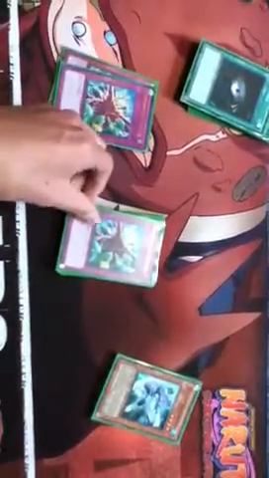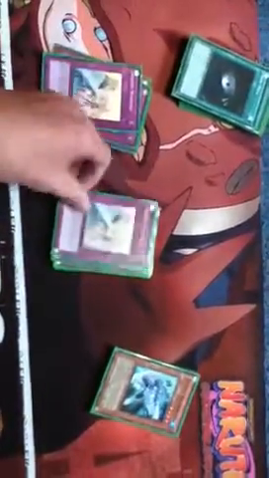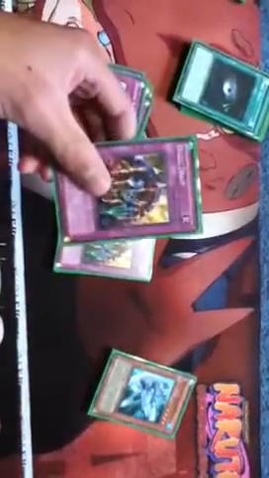Now for traps, there's a lot of traps in this run. We got 1 Solemn Judgment, 1 Starlight Road, 2 Dimensional Prisons, 2 Solemn Warnings, 2 Skill Drain, hence the stun,